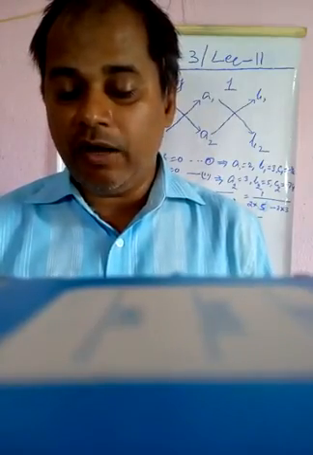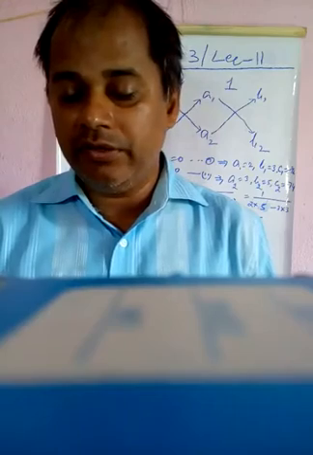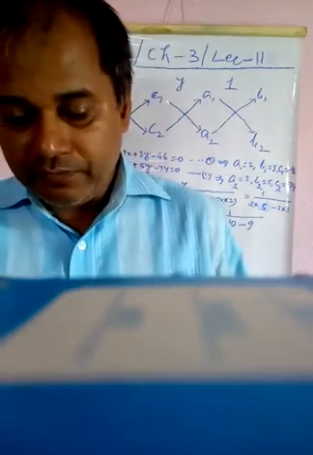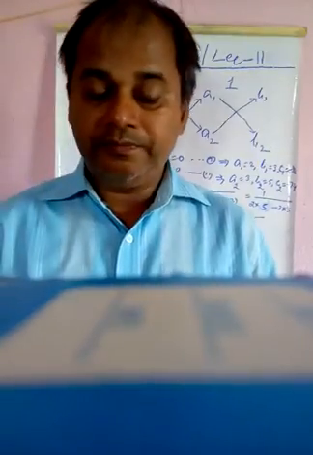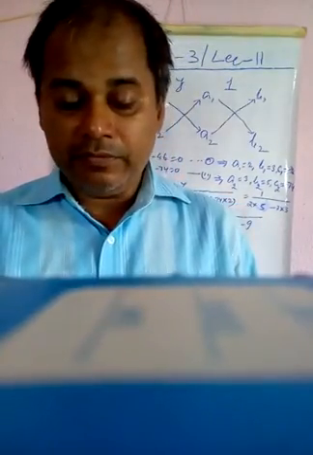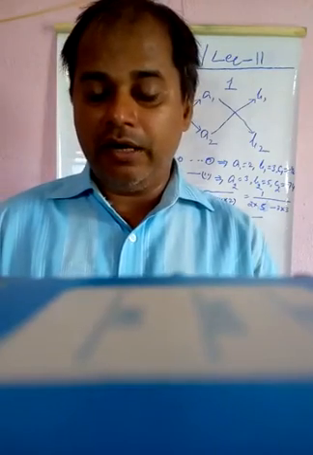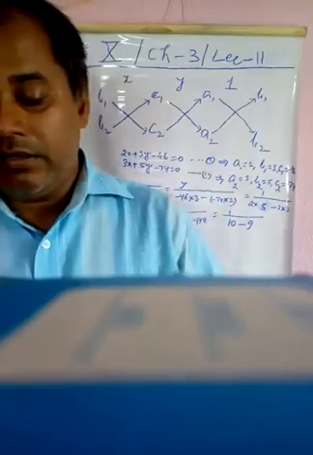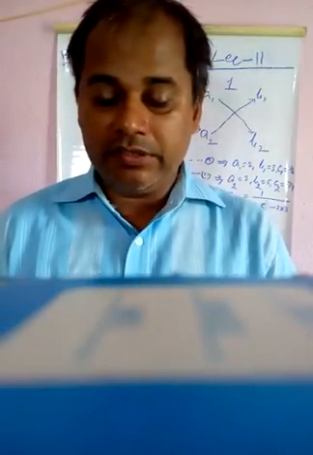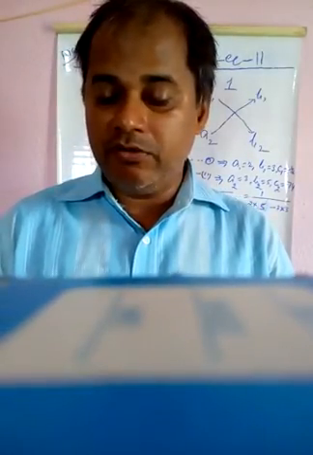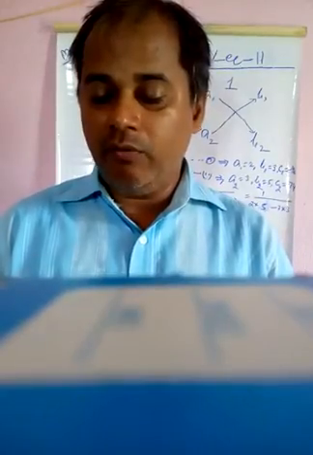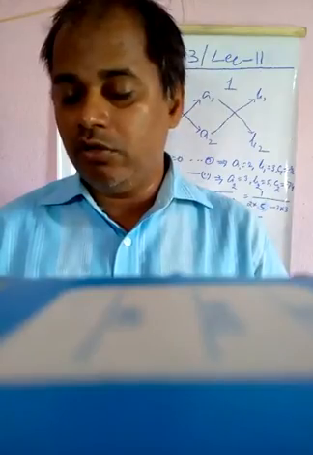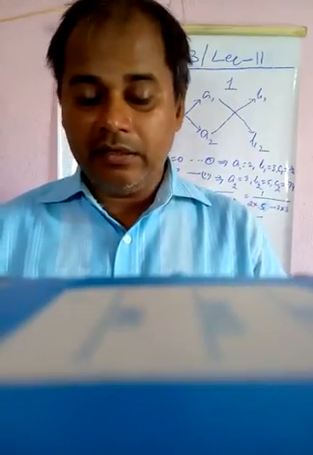Similarly, substituting q, 1 by y minus 2 is equal to 1 by 3. Y minus 2 is equal to 3 by 2. So y is equal to 5. Hence x is equal to 4 and y is equal to 5 is the required solution of the given pair of equations. Verification: substitute x is equal to 4 and y is equal to 5 in equation 1 and in equation 2 to check whether they are satisfied.